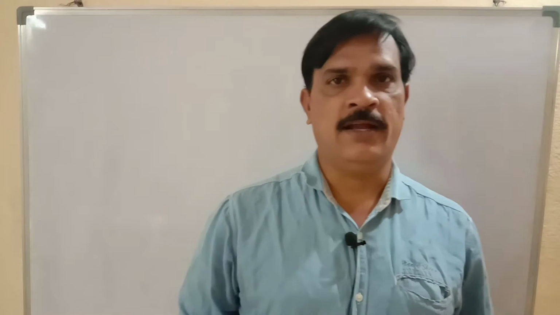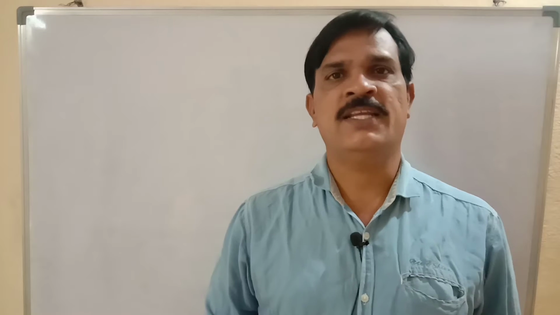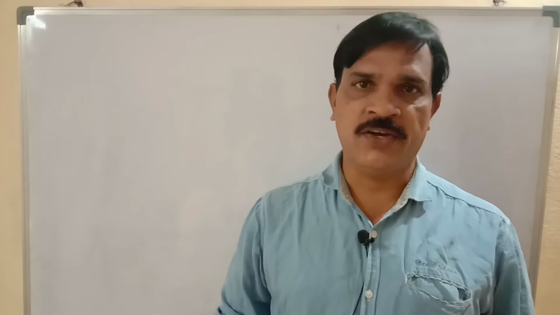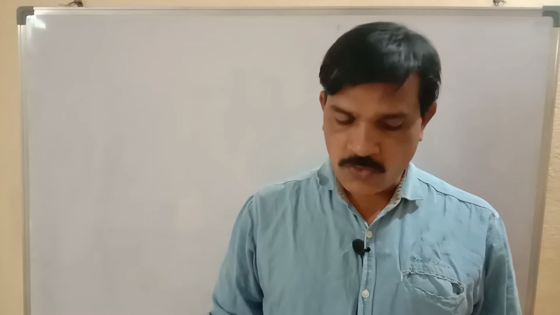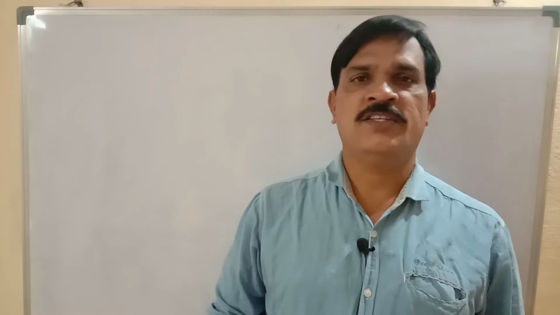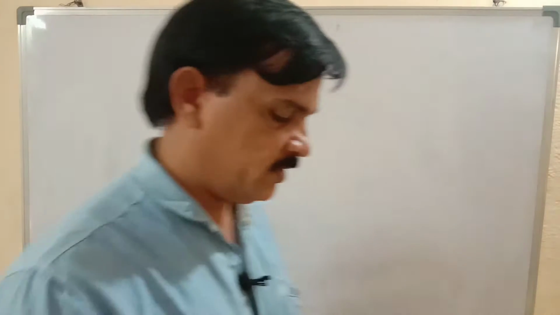Please be careful and practice all ligands, whether monodentate or bidentate, neutral ligand, cationic ligand or anionic ligand. Monodentate ligands I gave in the previous video, all ligands with various examples and their structures. We have to practice all these structures and names. Now today I want to discuss how to calculate the coordination number in complex compounds.